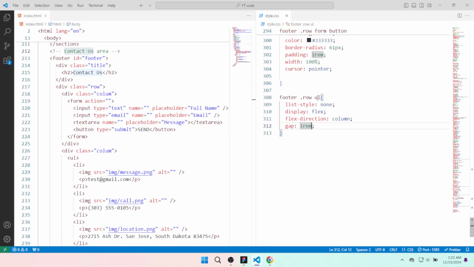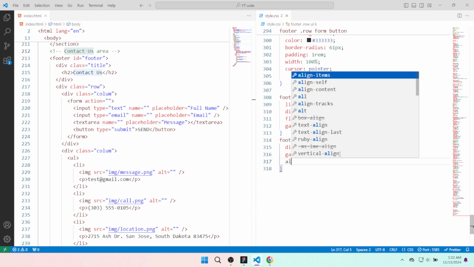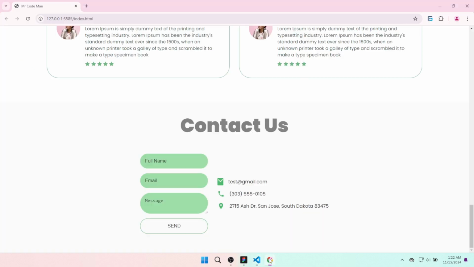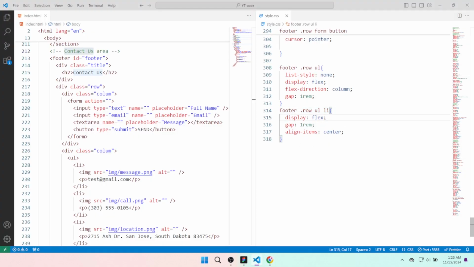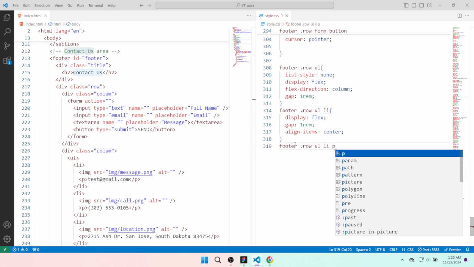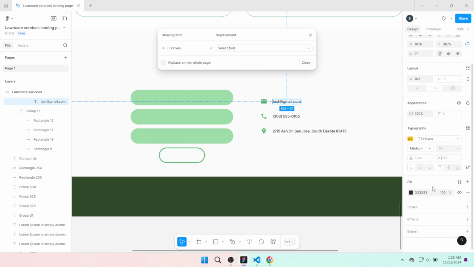Now again copy the code, and then after just here add li, just delete the list style and display flex direction. We don't need flex direction, just gap, and that's it. And another thing we have to add align items center. Okay, now it looks good. And now in the li, you should add feed tag, and after feed tag just add here font color. Okay, this is font color,